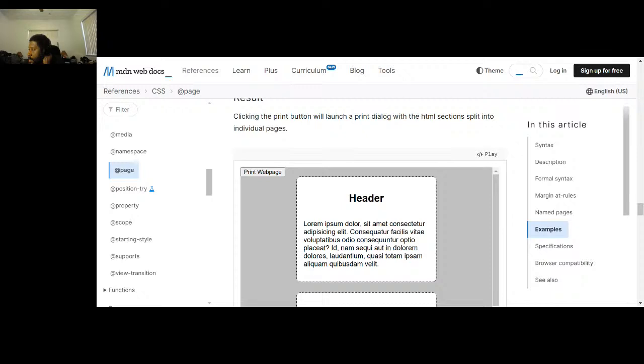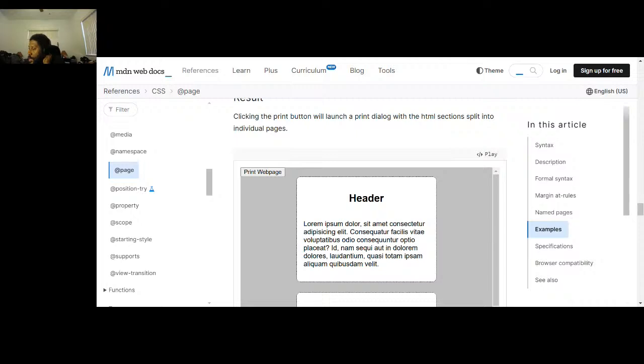Clicked it. What happened? Nothing. Okay. Not sure what happened there, but it's not running. Yeah, that's fine. Cool. All right, so that's @page.